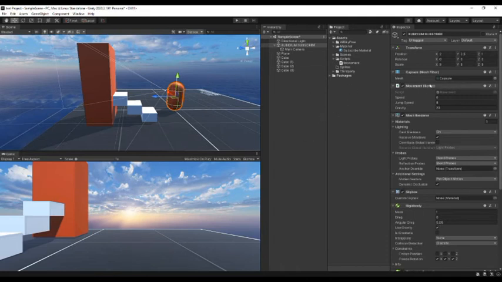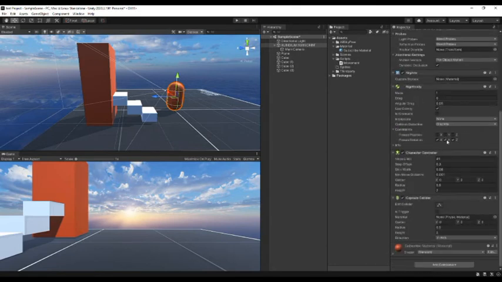As we had already added the movement script, there are all the constraints over here: the speed, the jump, and the gravity. If you increase the speed, the speed is increased. If you increase the jump speed, you just jump higher. And if you increase the gravity, the pull will be stronger. And after doing this, just do the freeze rotation on all the axes, because the Rigidbody and the Character Controller are used at a time, and they both are different things, but we need both of them. And this is no longer a cube, but a capsule which looks like a bean.